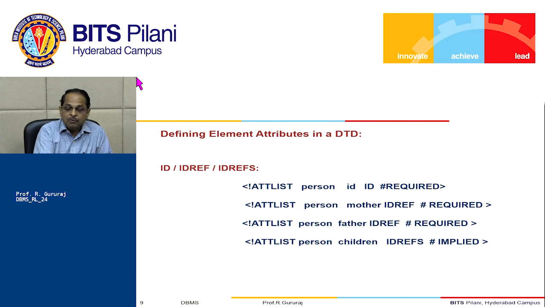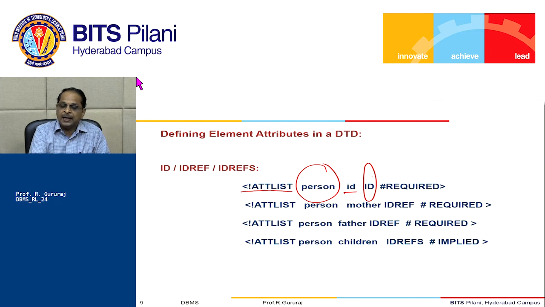This is how we can define the attributes. At least we should use this syntax. That means I am going to attach an attribute for what element? Person element. What is the name of the attribute? ID. What is the type of the attribute? Capital ID. And what is the other specification? Required. Meaning that for this ID attribute, the type is ID and the value should be supplied by the